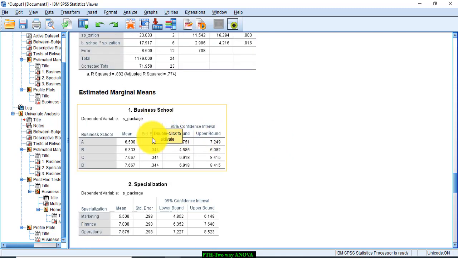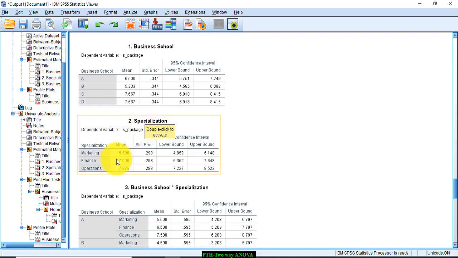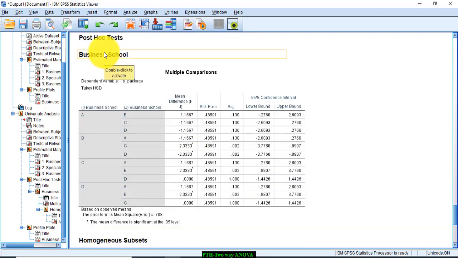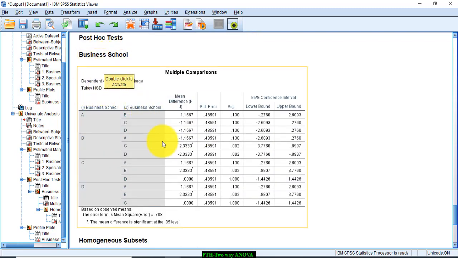Now these are the estimated marginal means across the type of schools and the area of specialization. This shows you the mean, standard deviation and the confidence interval for the average salary across the business schools and the type of specialization. Post hoc Tukey HSD tells you about the significant difference in the average salary across the pairs. As you can see here, business school B significantly differs from C in average salary of the student because the p-value is less than